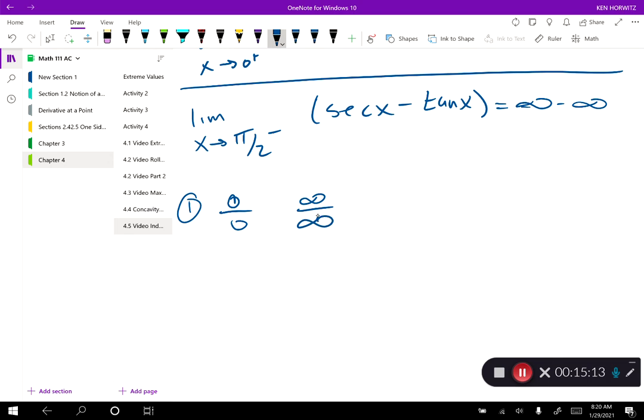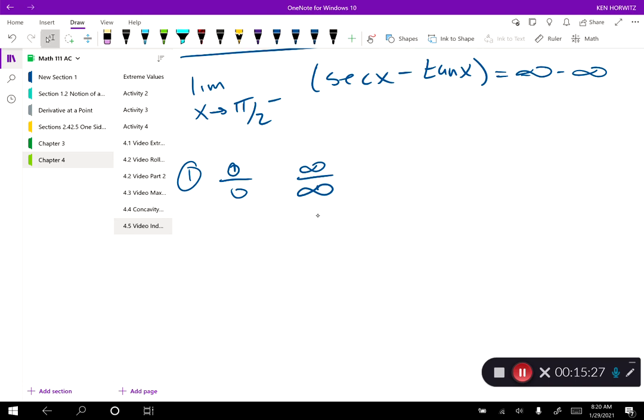Like I said, this is a little bit of trial and error, but I'll give you guys some tips that might help the trial and error. For a trig function, my tip would be change everything to sine and cosine, and let's see what we have. So I have the limit as x approaches pi over 2 from the negative side. And if I change everything to sine and cosine, I get 1 over cosine x minus sine x over cosine x,